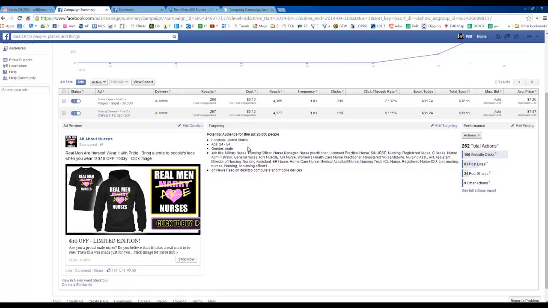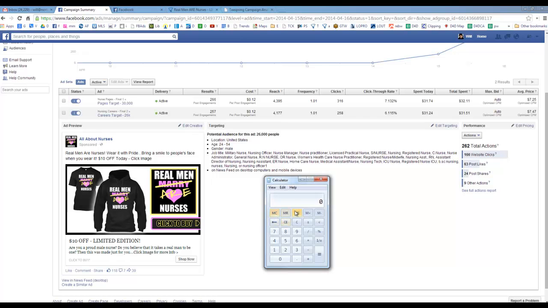Okay, moving along here. Kind of lost my train of thought there, but anyway, I wanted to see what we're getting as far as our cost per click for each one of these ad sets, and which ad really is outperforming the other. You can see here we've got 118 likes, 7 comments, 39 shares. I like to see that. I like to see my shares triple or even quadruple the amount of comments, and getting up to about 1/3 of the total likes. So that's great. Good social engagement here.